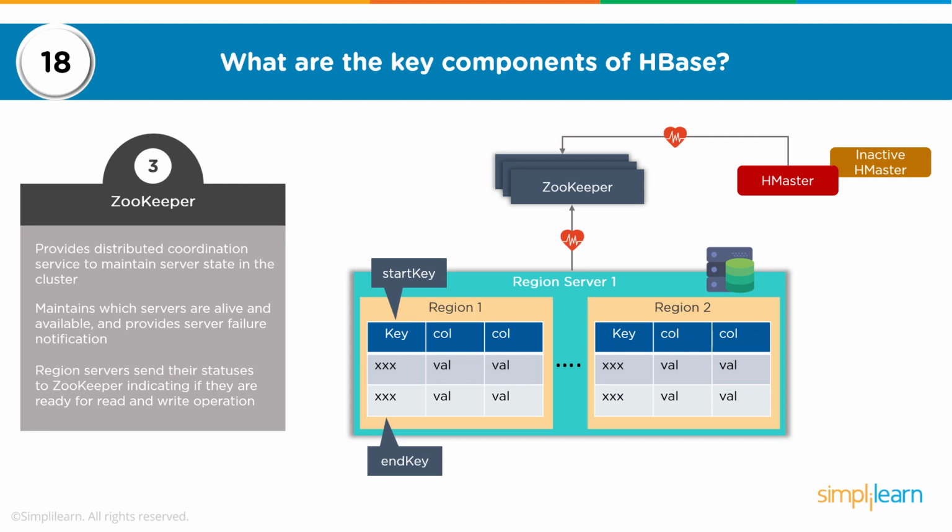Now Zookeeper internally manages a meta table. That meta table will have information on which regions are residing on which region server and what row keys those regions contain. So in case of a read activity, HMaster will query Zookeeper to find out the region server which contains that meta table. Once HMaster gets the information of the meta table, it can look into the meta table to find out the row keys and the corresponding region servers which contain the regions for those row keys.